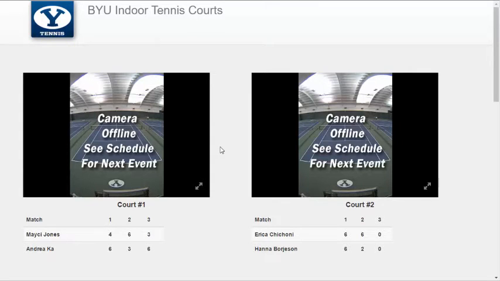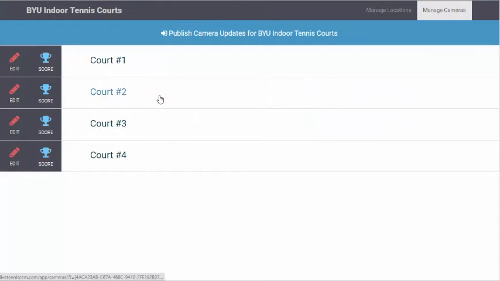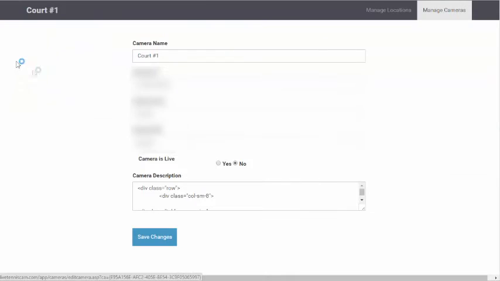You'll also note that we have the cameras turned offline. That is so, for example, if we don't want to show what's going on in our practice to our competitors, this will allow us to have some privacy. So if we want to make these cameras live, we simply go to the camera, click on Edit, click on Make the Camera Live,